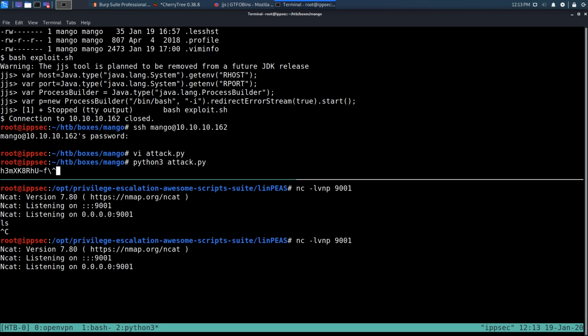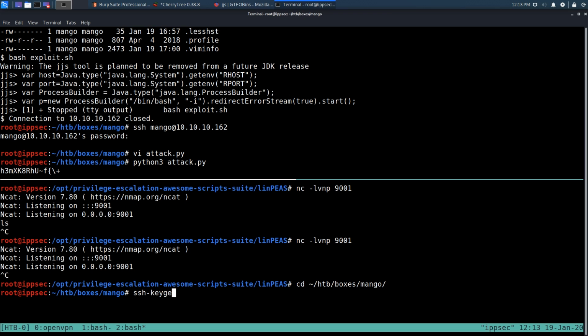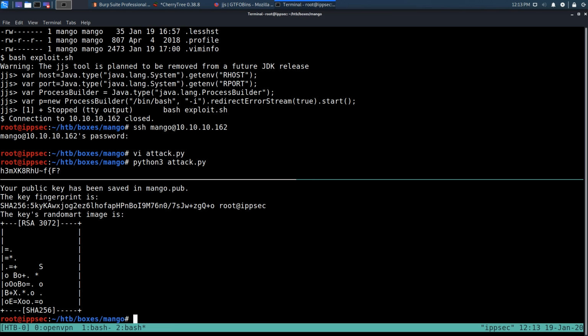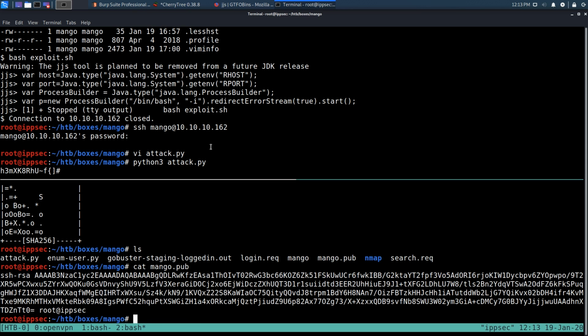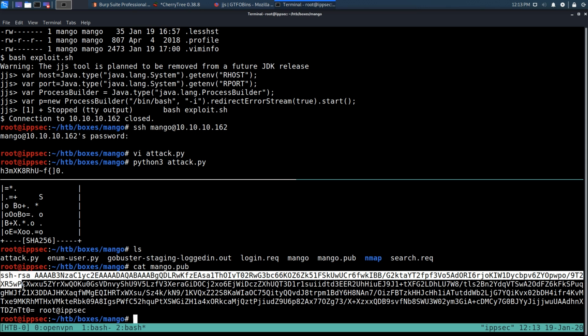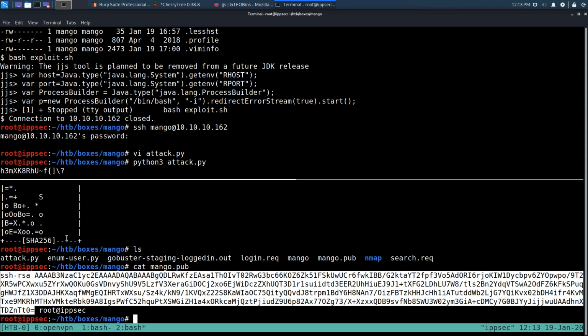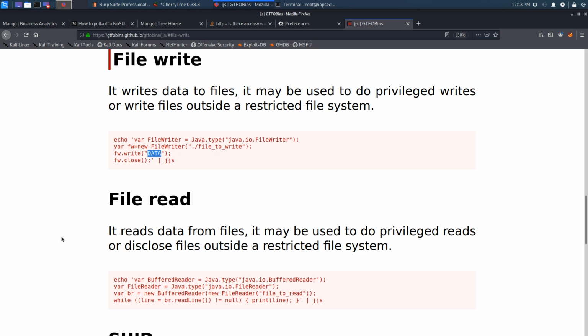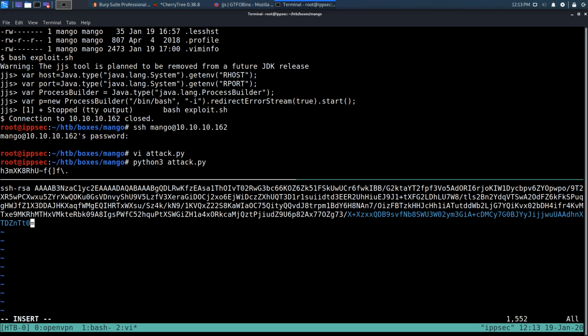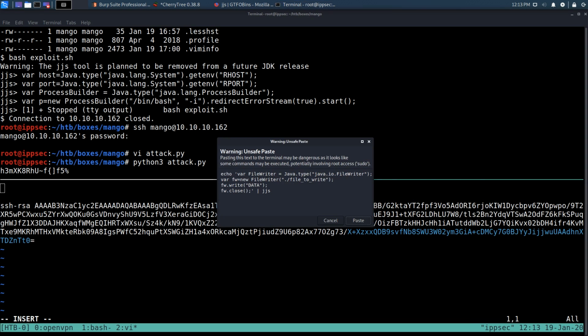So let us just go into HTTP boxes, Mango, ssh-keygen, and we're going to call this file, I guess, mango. And ls, we got mango.pub. We can copy this and vi privesc.sh, paste that in, go here, copy this, paste,